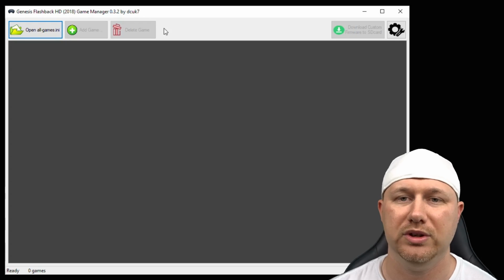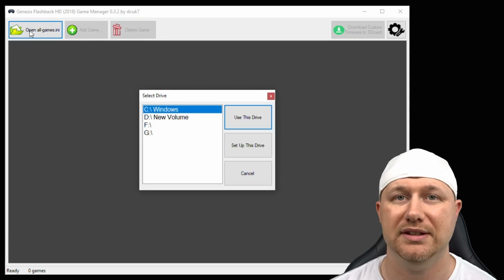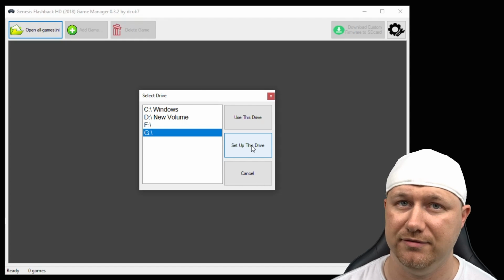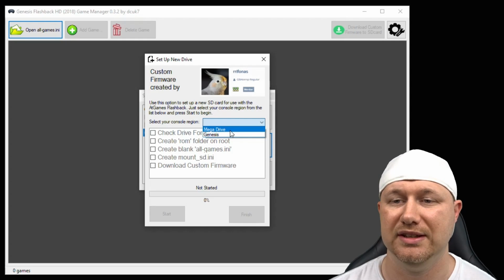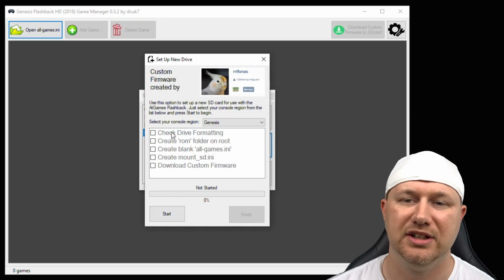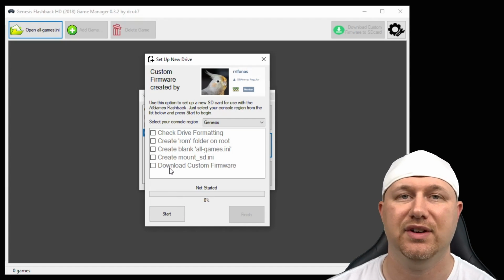looking at. First thing you want to do is go to openallgames.ini, pick your drive letter, and go to set up this drive. So in this drop down, you have the choice of choosing the Sega Mega Drive or the Genesis. Now once you hit start, it's going to go through this checklist and add these files to your SD